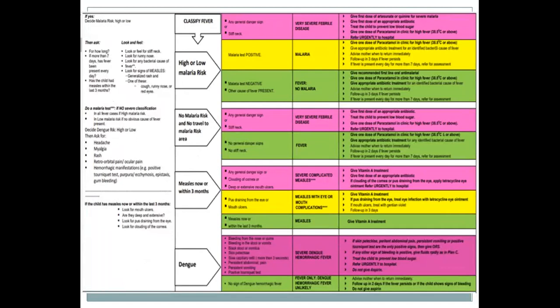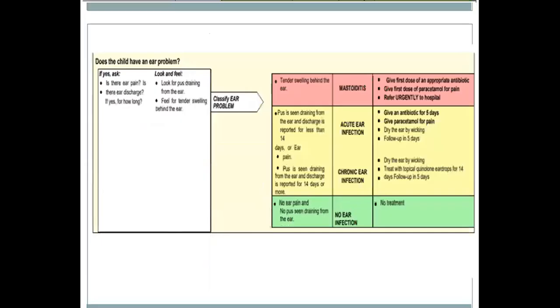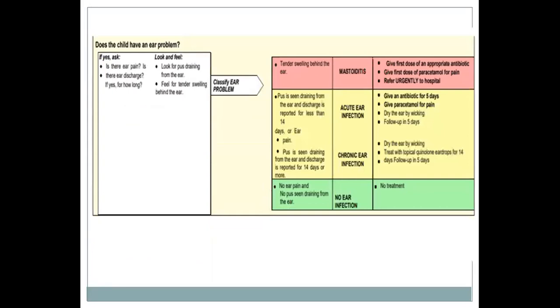Low blood sugar and fever with no other signs and no stiff neck: give the first dose of paracetamol and appropriate antibiotic treatment. Severe complicated measles and severe dengue hemorrhagic fever are referred to hospital, and therefore fever only is dengue hemorrhagic fever still. Also classify the child for an ear infection, which includes mastoiditis, tender swelling behind the ear,